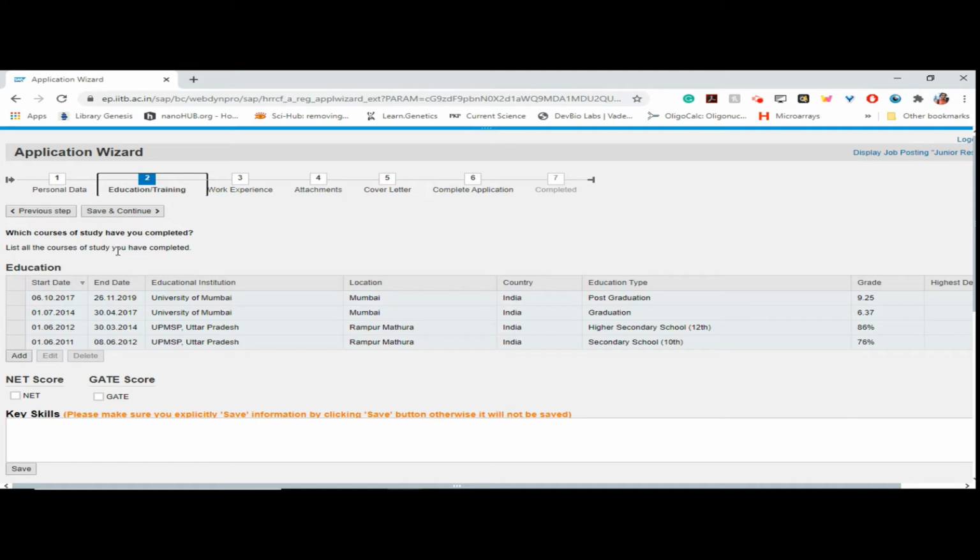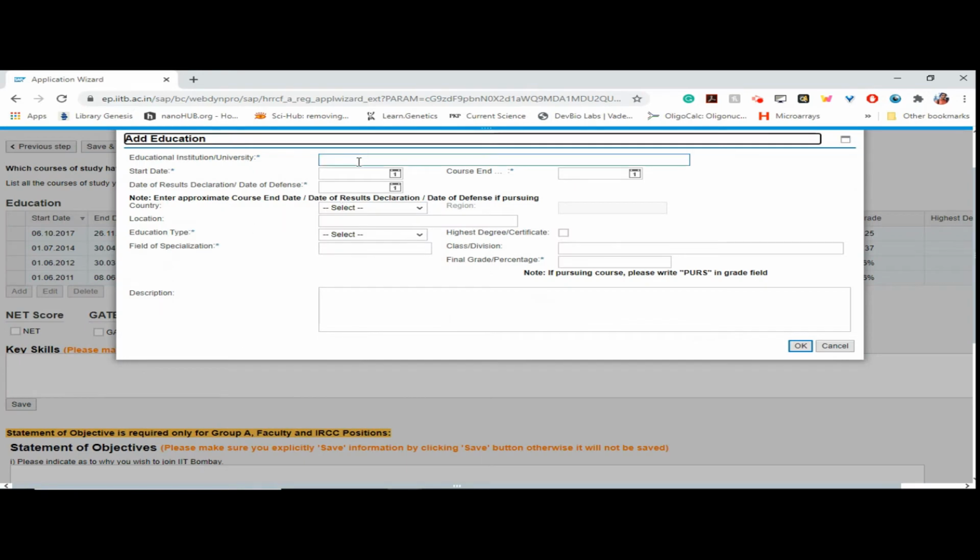Here you have to provide your educational details from your current education to the earliest. To add that, you can click on add, and then you have to provide the educational institute or university name, start date, end date of this course, the degree declaration date that is mentioned on your convocation and final certificate, and then the country and location, that is your college location, and highest degree certificate.